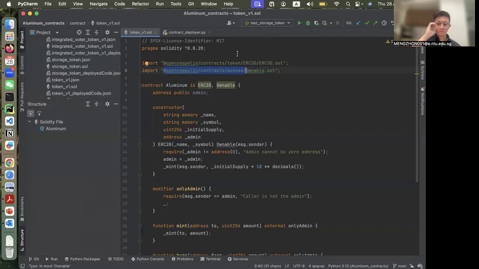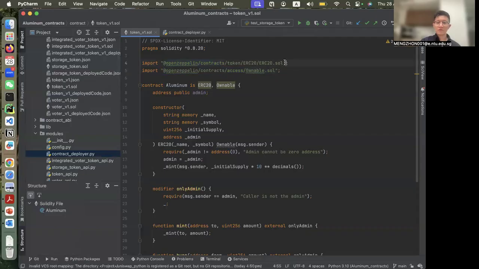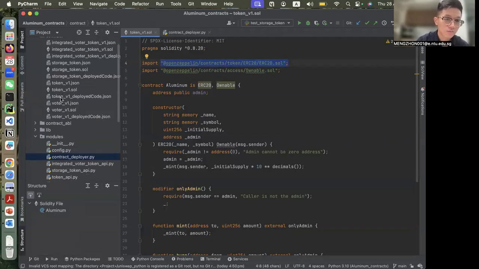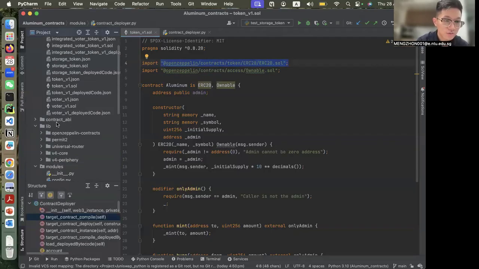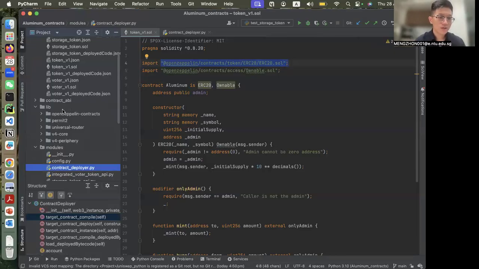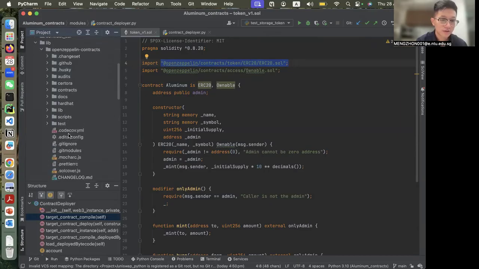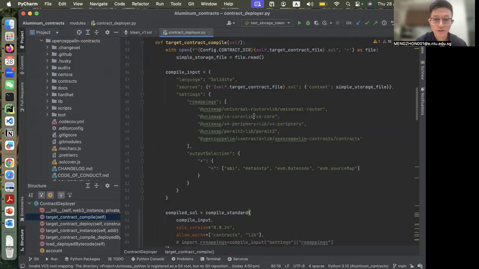And the same thing here. We also need to download all of the Solidity smart contracts we imported here, and we usually store them in a directory under our project. Here I store them in the lib. Here you can see the OpenZeppelin contracts. Let me check. Actually, right here, lib, and under the lib,